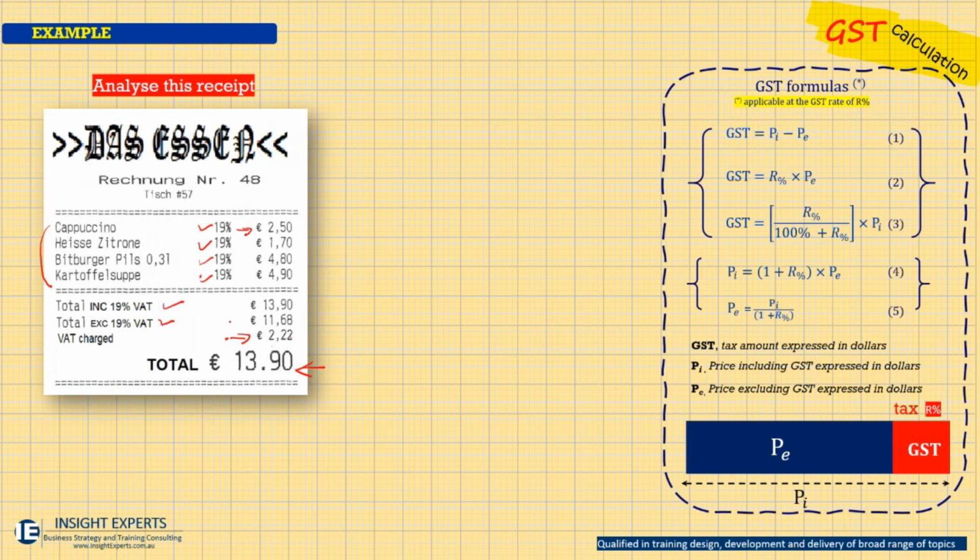So you simply subtract 11.68 from 13.90. In this case, it's very simple. See, the results will give you exactly 2.22. But now our receipt shows the price before tax. So let's say for the sake of this example, I don't have the price before tax, and I want to verify, or I want to calculate the tax or the VAT amount, based on the price,